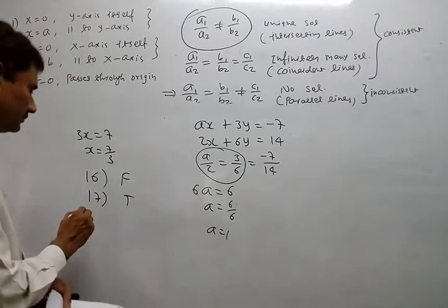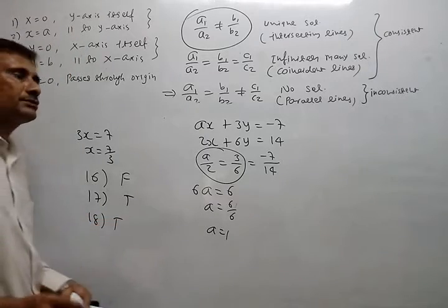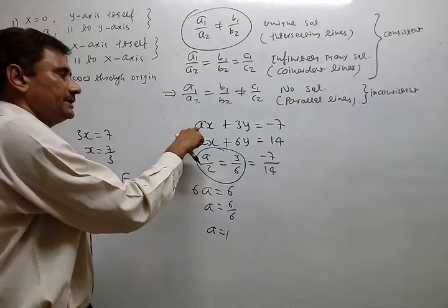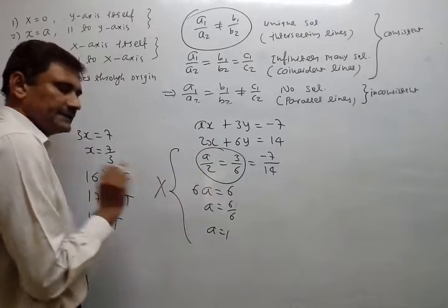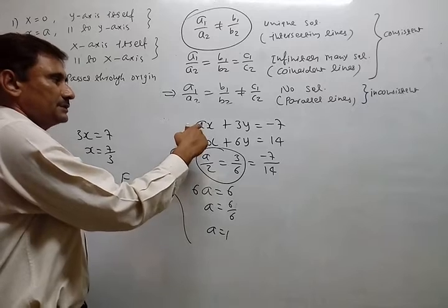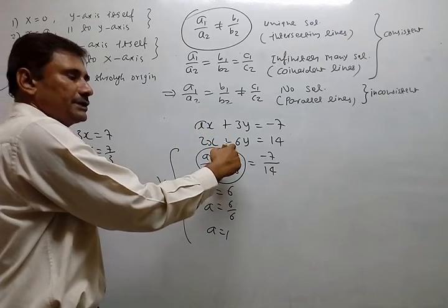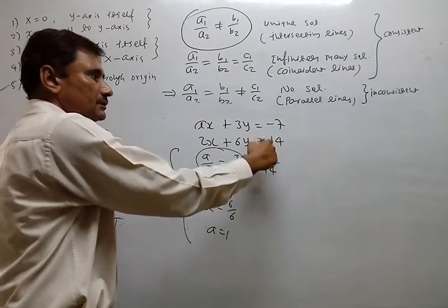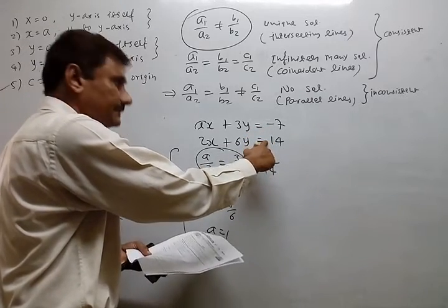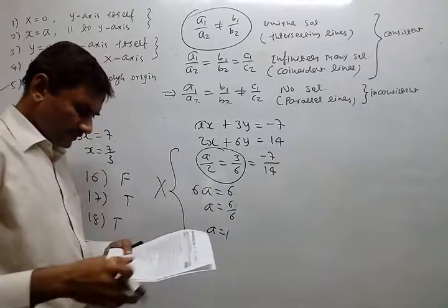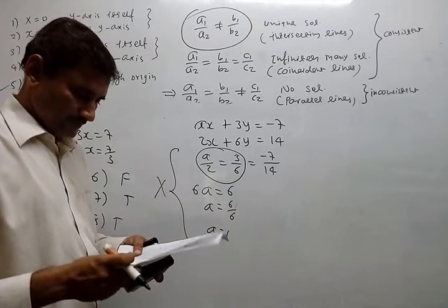So it is true. Otherwise you can just place 1 here. If you don't want to go through this process, then just place 1. So it will be 1 by 2, this also 1 by 2, and this is also 1 by 2. But I think there should be some print mistake. Okay. So just make a correction there. I am just telling you.